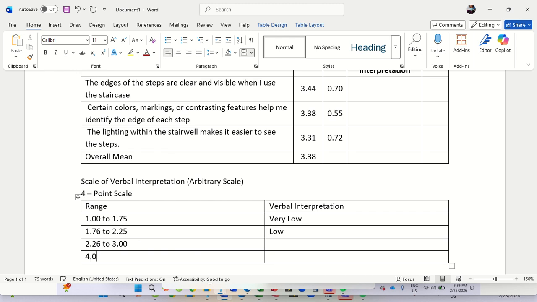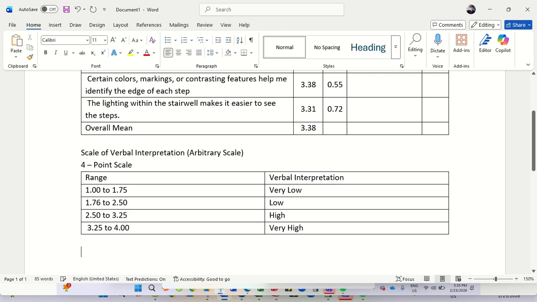So 4.00 minus 0.75, 3.25, right? And then 3.25 minus 0.75, ah, this is 2.50. Yeah, that's why. 2.50 to 3 point. Now I get it. Okay. So this is the 4-point, and then this would be high, and then this would be very high.